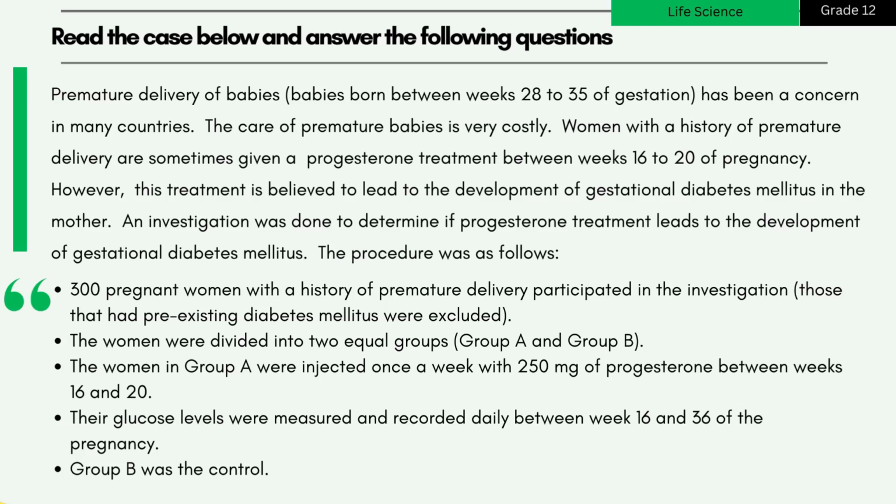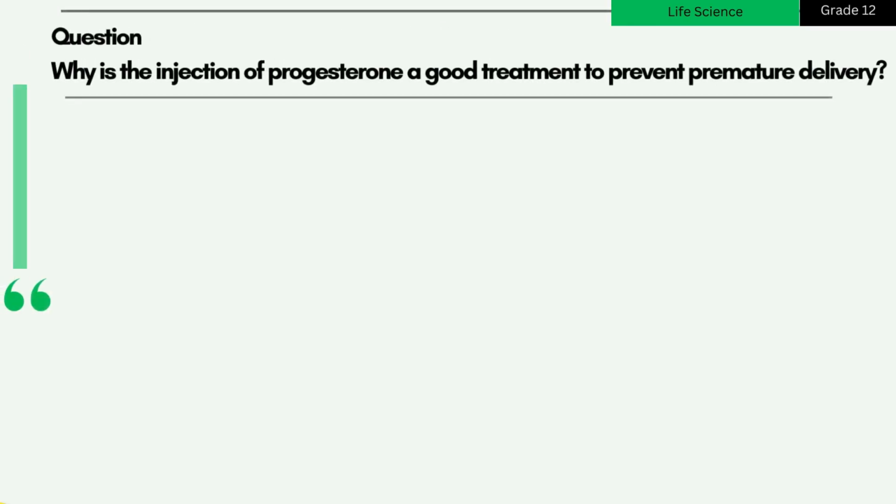300 pregnant women with a history of premature delivery participated in the investigation. Those that had pre-existing diabetes mellitus were excluded. The women were divided into 2 equal groups, Group A and Group B. The women in Group A were injected once a week with 250 mg of progesterone between weeks 16 and 20. Their glucose levels were measured and recorded daily between week 16 and 36 of the pregnancy. Group B was the control. Question: